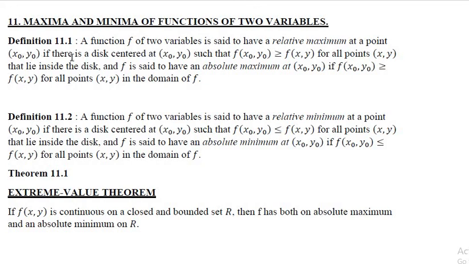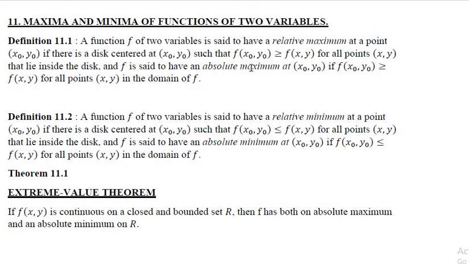Maxima and minima of functions of two variables. A function f of two variables is said to have a relative maximum at a point x0, y0 if there is a disk centered at x0, y0 such that f of x0, y0 is greater than or equal to f of x, y for all points x, y that lie inside the disk, and f is said to have an absolute maximum at